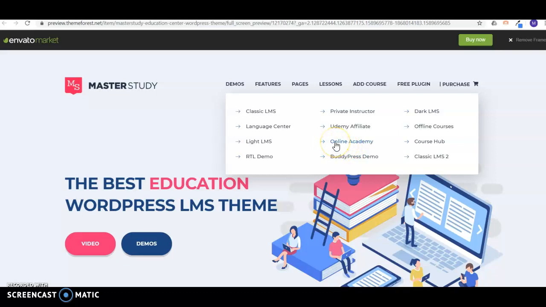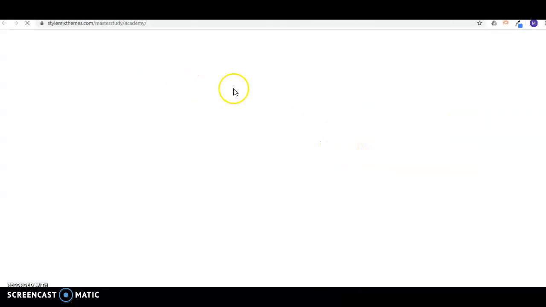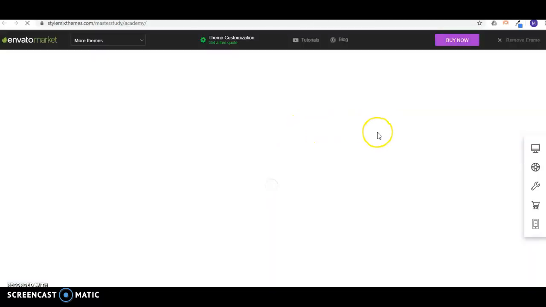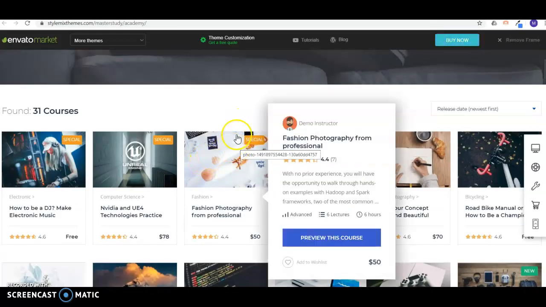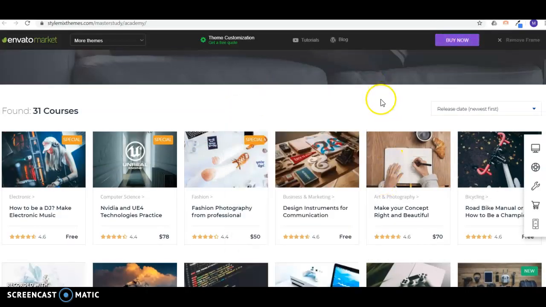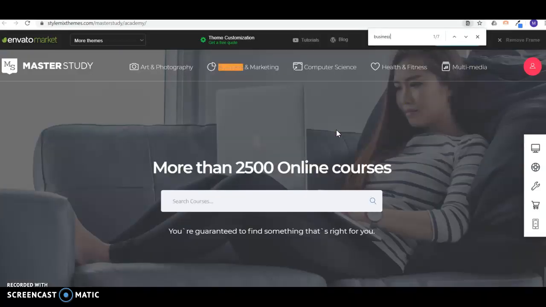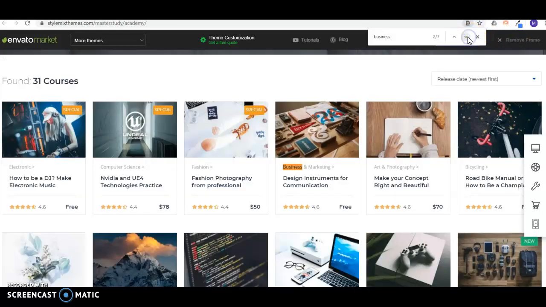So let's call it an online academy. So we're going for an online academy style theme. And this is where people steal all their course ideas from. So I just want to look at a particular course which is kind of business related. So I'll always just type Control F, search for business, and that will be